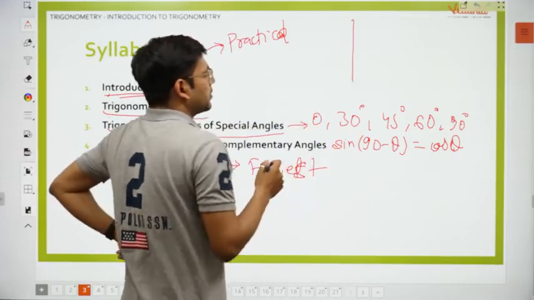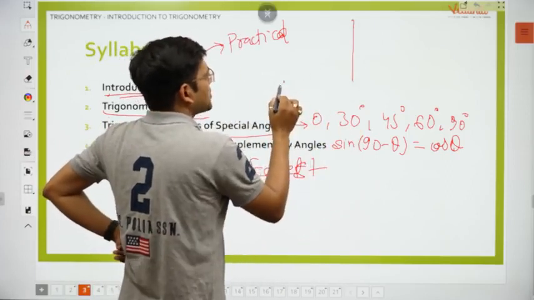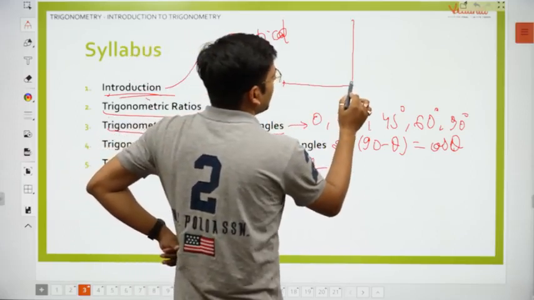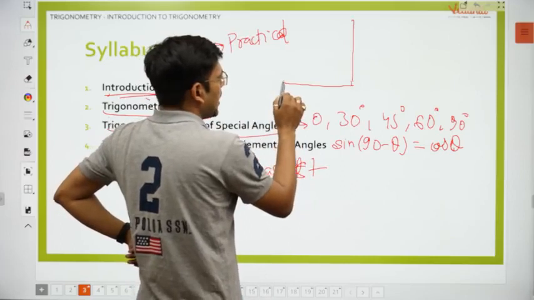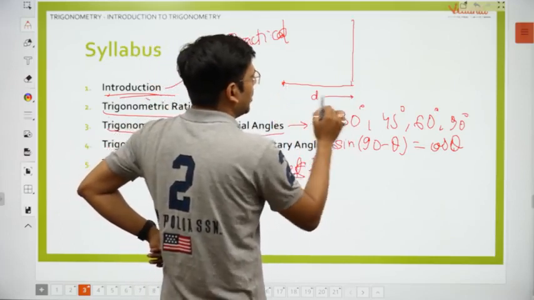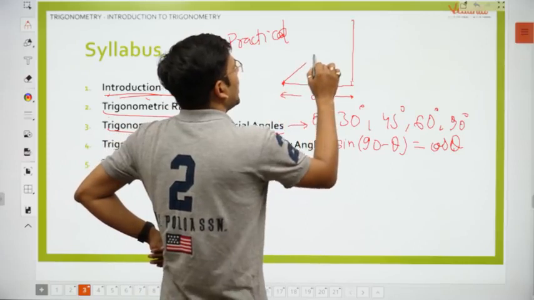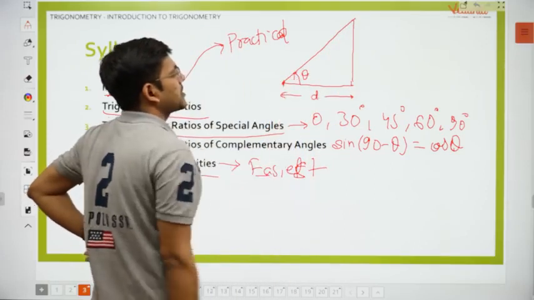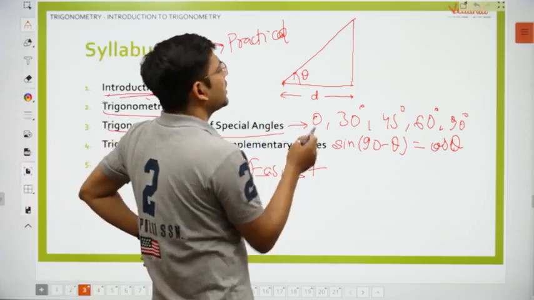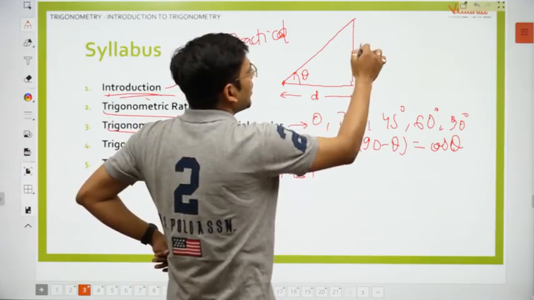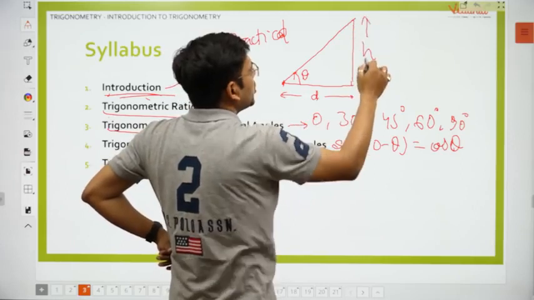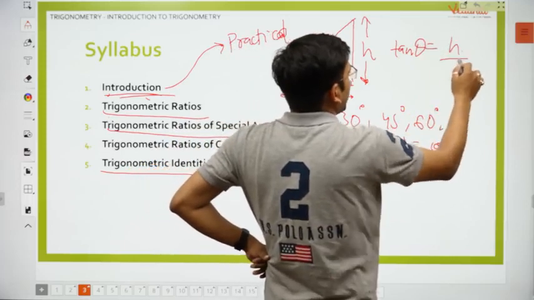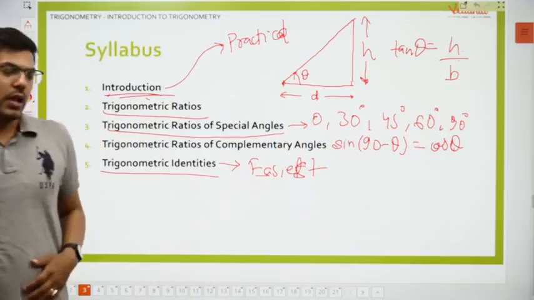Say for example this is a building, and I am standing here and I want to get the height of this building. So I'll first measure the length of my distance from the building. This is the distance, and thereafter I'll look at its top and measure the angle. Say for example theta. If I measure the angle theta and I have the distance, then I can very well get the height of this building using a relation called tan theta is equal to perpendicular upon base. I'll tell you how this comes.